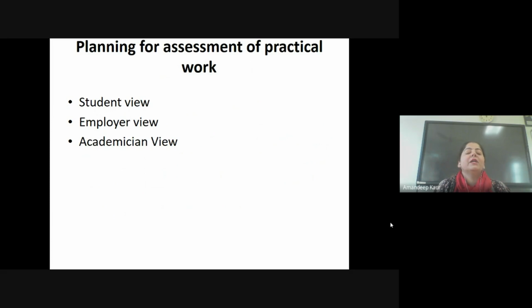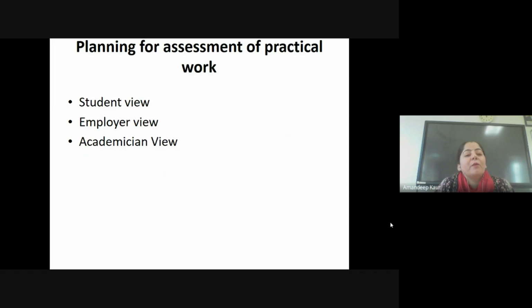Say for example, the curriculum is not revised. If the curriculum has not been revised for the last 10 to 15 years, and these are the old practical activities mentioned in the syllabus of the student, then by considering the employer view, or by understanding the needs of the world of work, the teacher can add new experiences for the student,